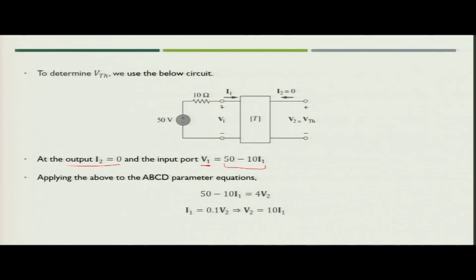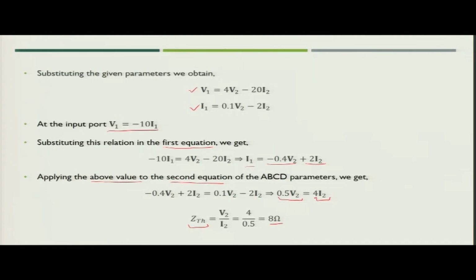So, if you see the value of V1, that is 50 minus the current flowing, if current is flowing in this direction, this will become 50 minus 10 I1. Now, we apply this to the ABCD parameter equations. We can write 50 minus 10 I1 equal to 4 V2,